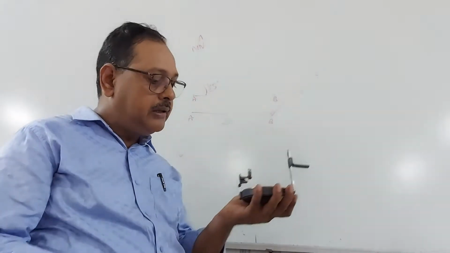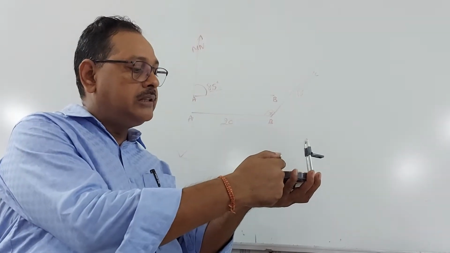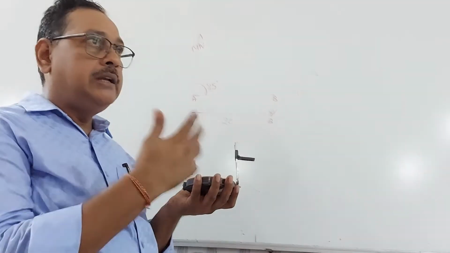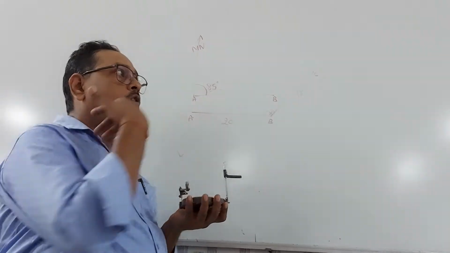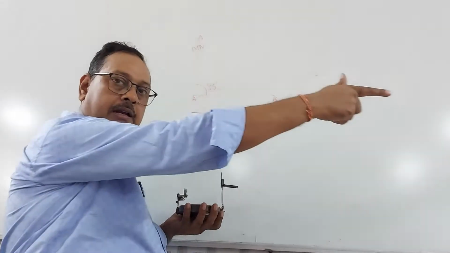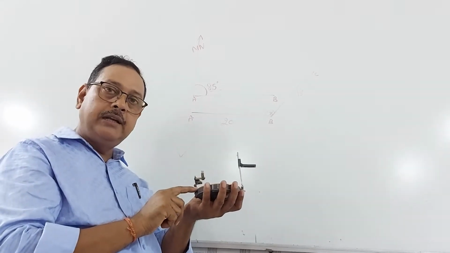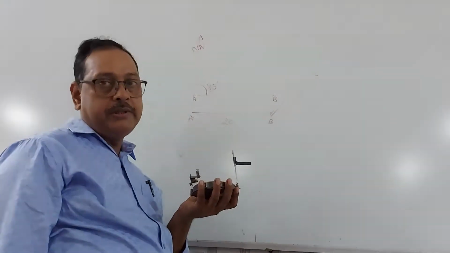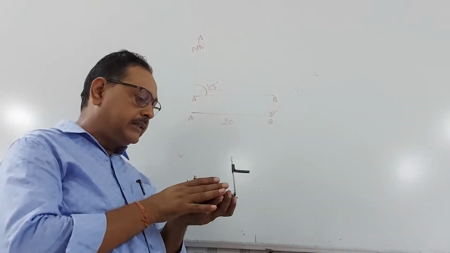At that particular time, with the help of this prism, you will be able to get the reading on this graduated aluminum ring, and that is calculated by 180 degree. So whatever object is on this side, and you are getting the reading here, that is adjusted by 180 degree, and you will be able to get the direct bearing of the object, right? So the operation is like this.